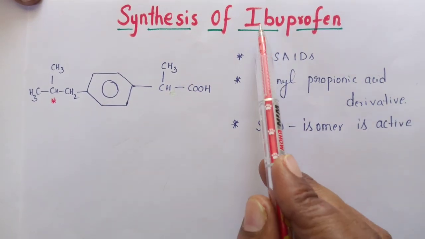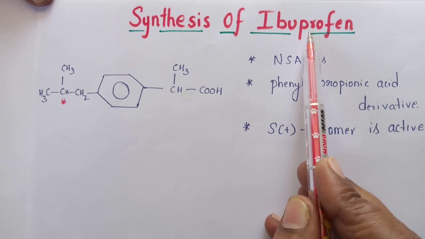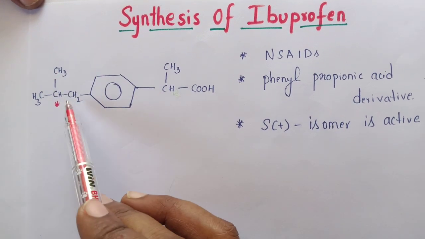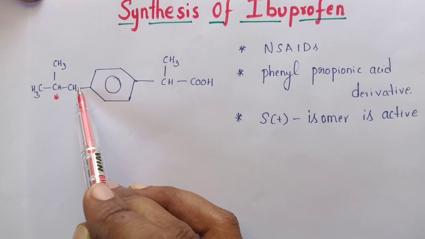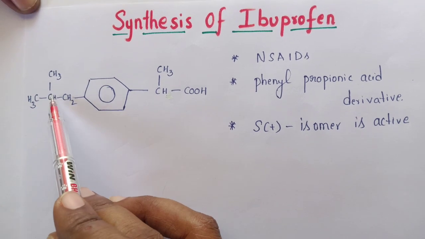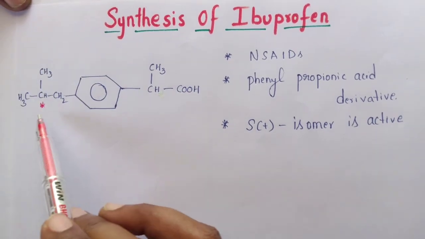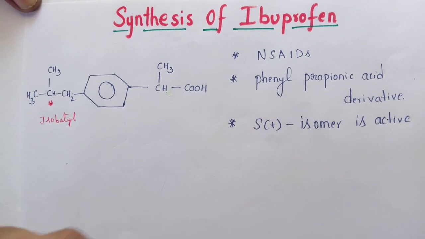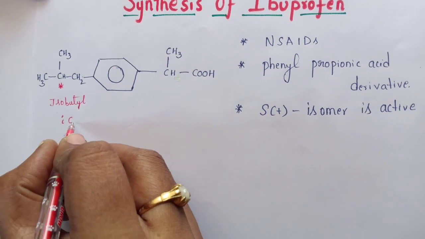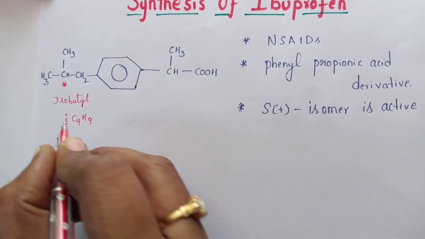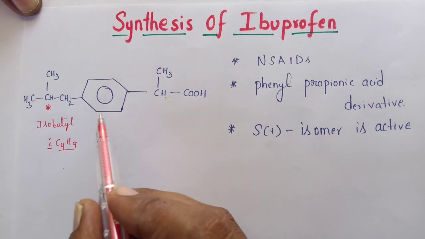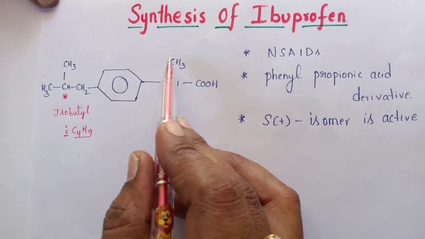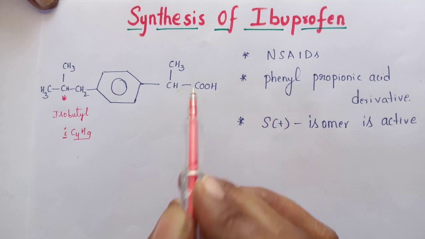The name itself indicates isobutyl profen, nothing but a phenylpropionic acid derivative. So this is the structure of isobutyl: 1, 2, 3, 4 carbon atoms. With one carbon atom present on the penultimate carbon atom, we can name it isobutyl. This is the isobutyl group. For our convenience in the synthesis, we just write it as IC4H9. I indicates iso, next is the butyl group, next is phenyl, and another is propionic acid: 1, 2, 3 carbon atoms. With the acidic group we can name it propionic acid.